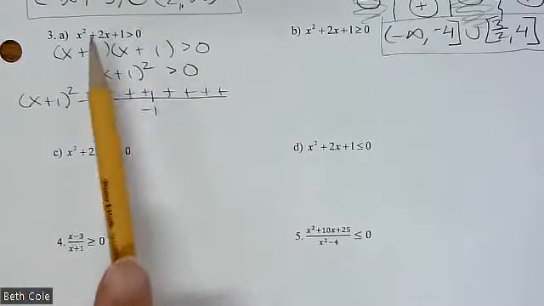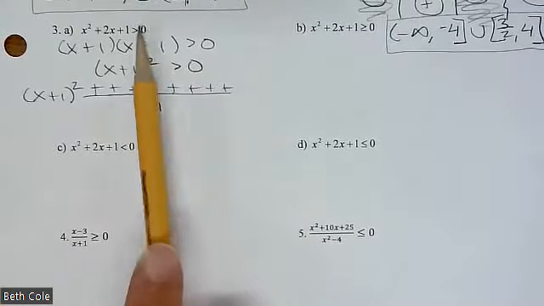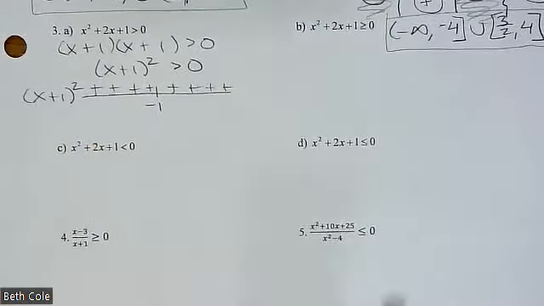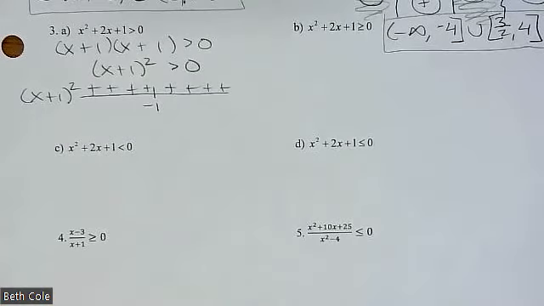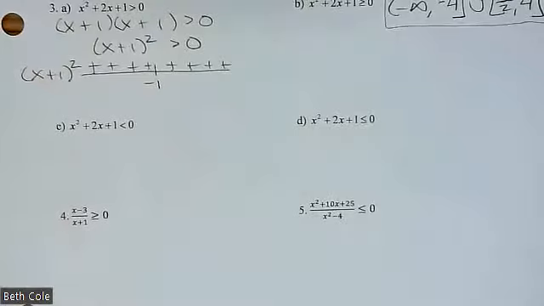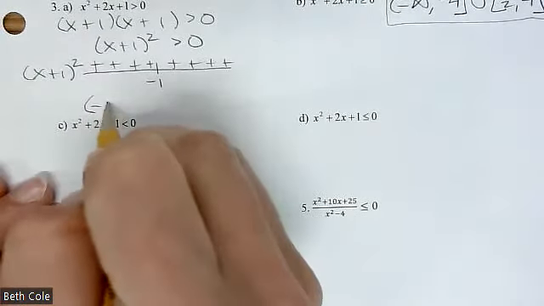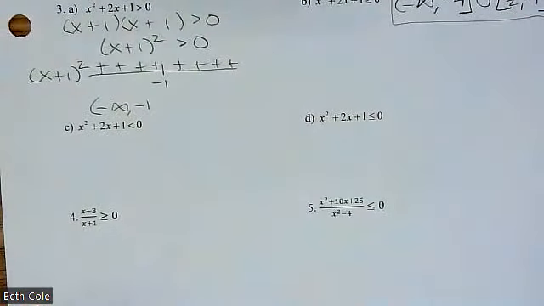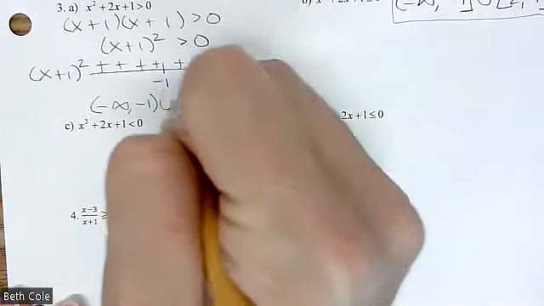Now we're going to write our answer. It says greater than 0. Well, we just said that it's greater than 0 everywhere except, we can't say it's greater than 0 if it is 0. Does that make sense? It's like saying you're taller than yourself. You can't say that. So how do I write that I want everything except -1? Everyone's invited except -1. Negative infinity to -1 with what? Parentheses, good, union,